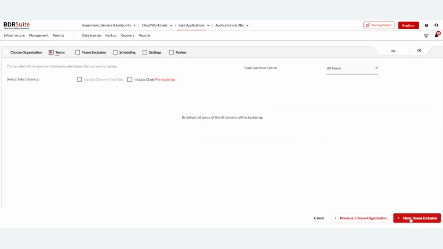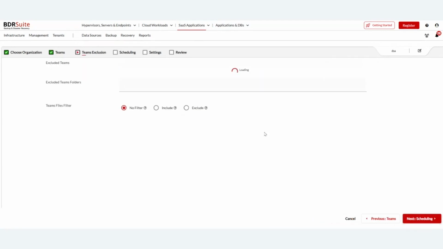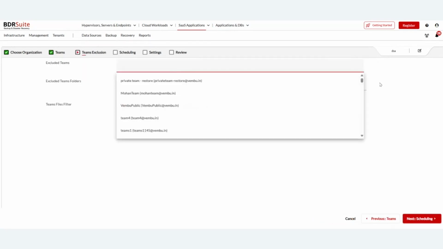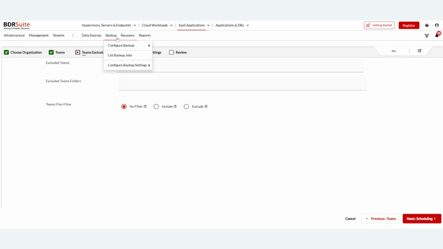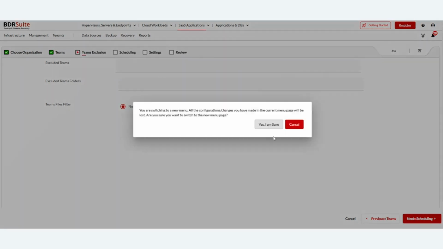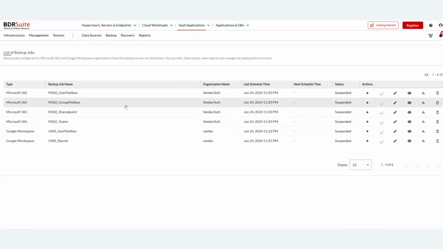So I'm just selecting the organization. Now include the chats. That is a prerequisite that you have. Just follow the prerequisites which have been mentioned, and obviously you can configure the Teams backup as well for your requirement. Okay, so that is what your Teams backup for Microsoft 365 holds for you. I have one of that sort